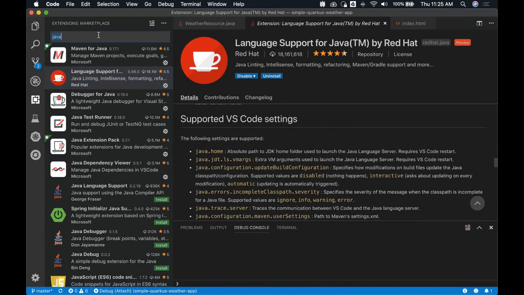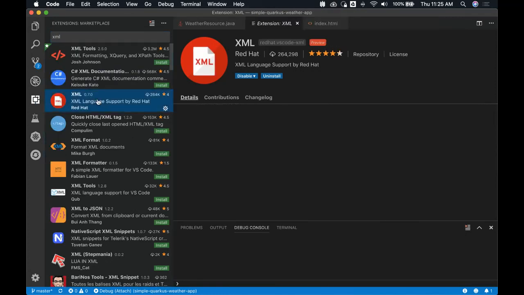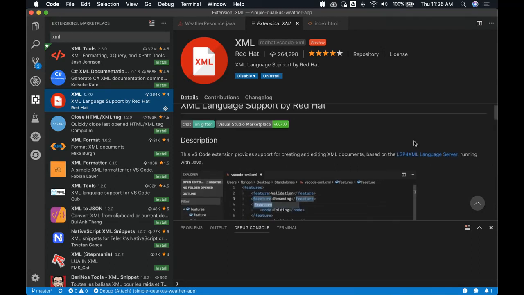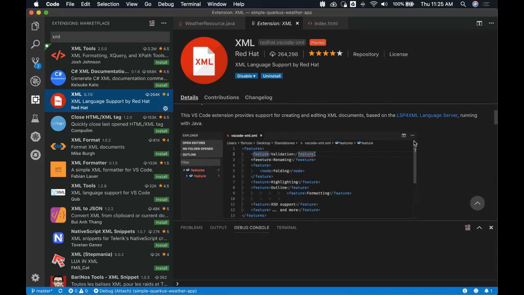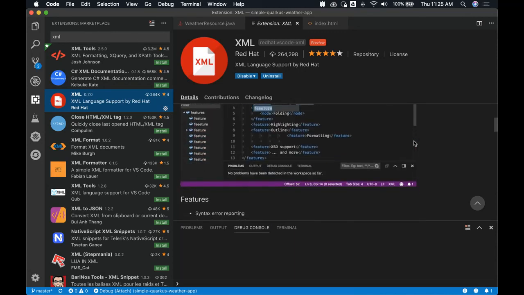Burr asked about XML. We've built the same kind of thing for XML and YAML as well. So XML, YAML, we build these language servers because they are the kinds of things that are important if you are doing Java, if you're doing any kind of Kubernetes work. These are the kinds of things that you have to work with every day. So we made sure that as much as possible, it's a very enjoyable kind of thing.